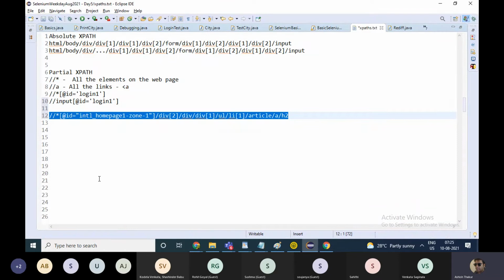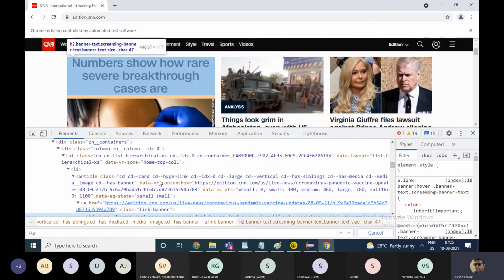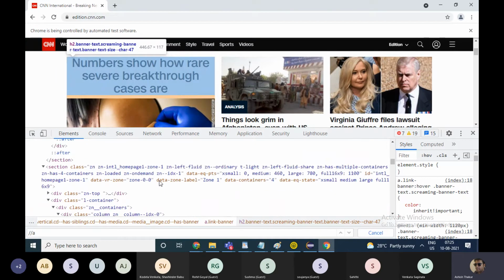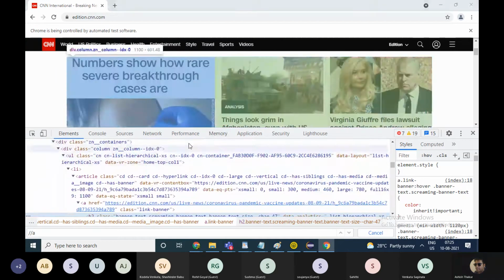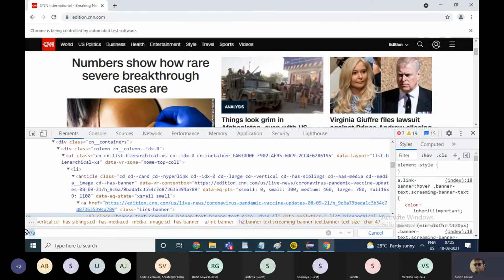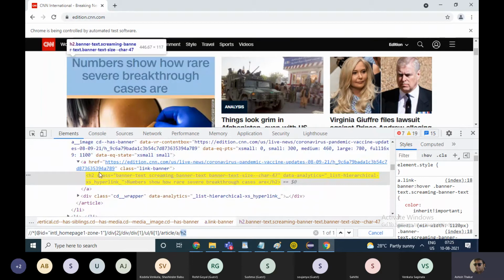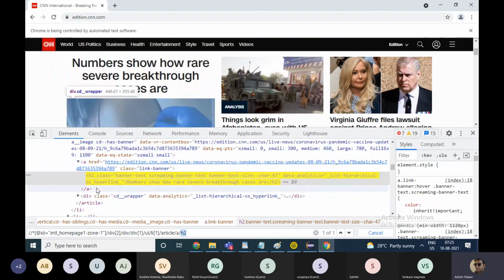Okay, now how is this XPath formed by the browser? You need to understand how it is formed. What is the basic logic behind it? Look, this is the XPath over here. It is highlighting the element. In the end, you have the h2 tag, which you can map over here.